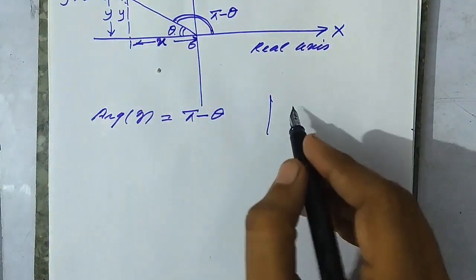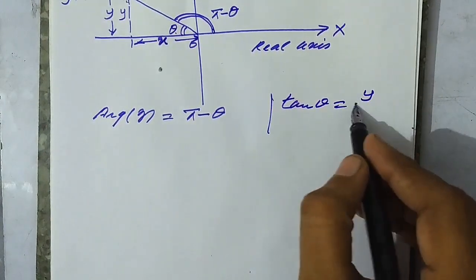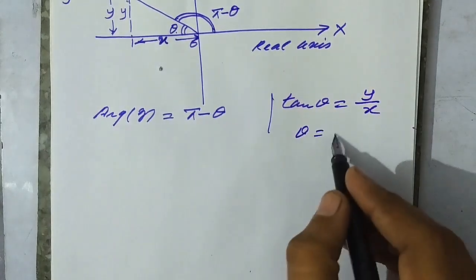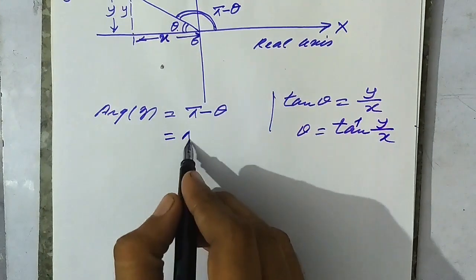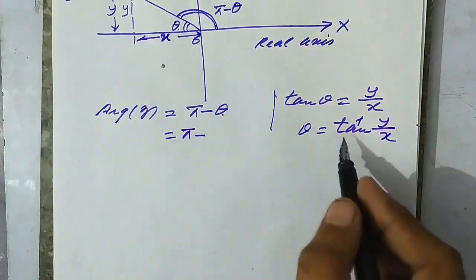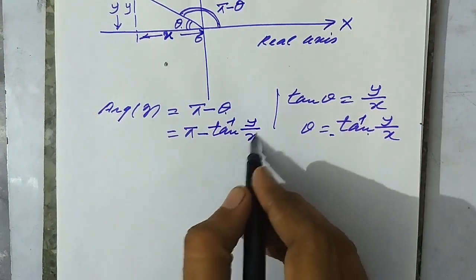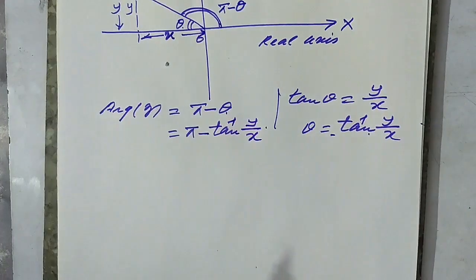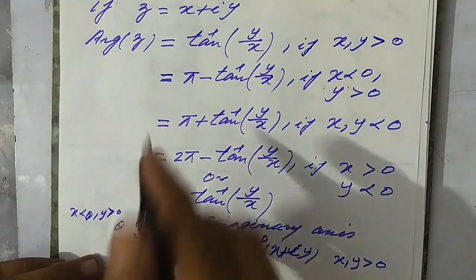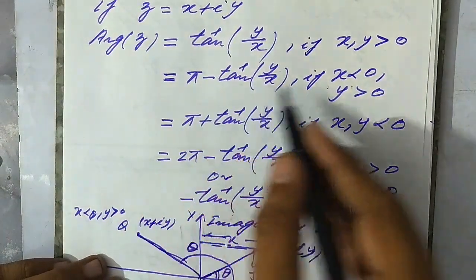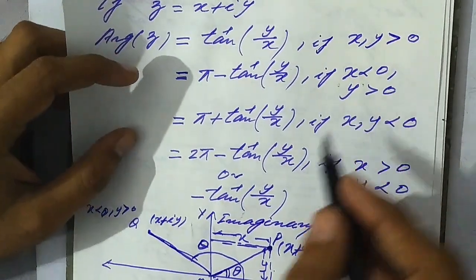So by that figure we have tan theta is equal to y upon x, and theta is equal to tan inverse y upon x. So we have pi minus theta, and theta is equal to tan inverse y upon x, so we get pi minus tan inverse y upon x. So this is our second condition. Argument z is equal to pi minus tan inverse y upon x if x is negative and y is positive. And the third case is